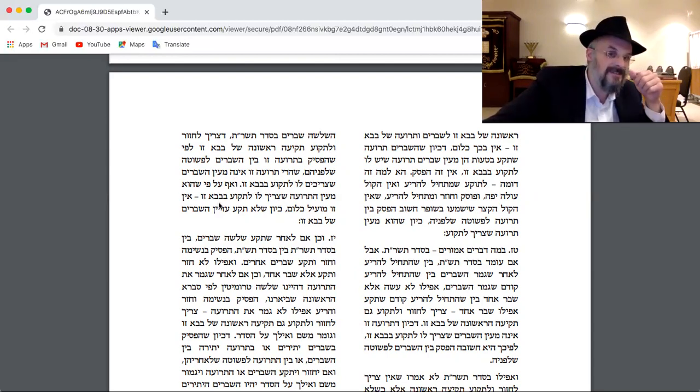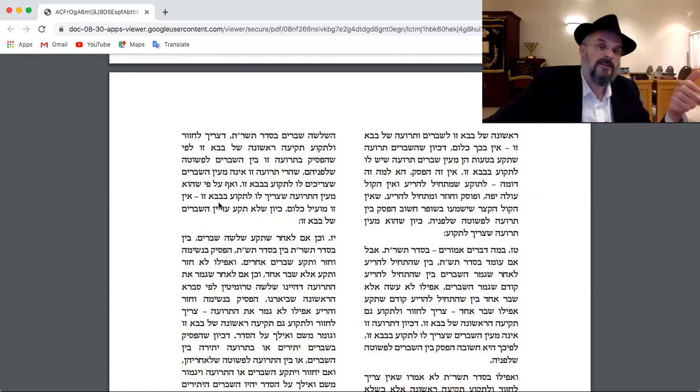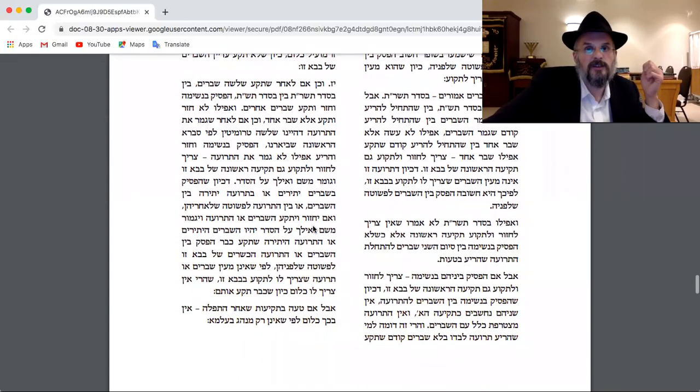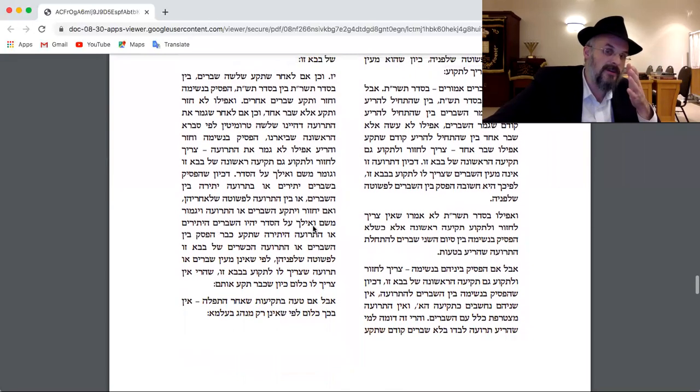Even though it's still part of the trua of that set, that's supposed to come after the shvarim. Doesn't help us, because he didn't do the shvarim yet. He has to go back to tkiya again. Yes. So at this point, it would seem like Adam is right, that because you're taking a breath between shvarim